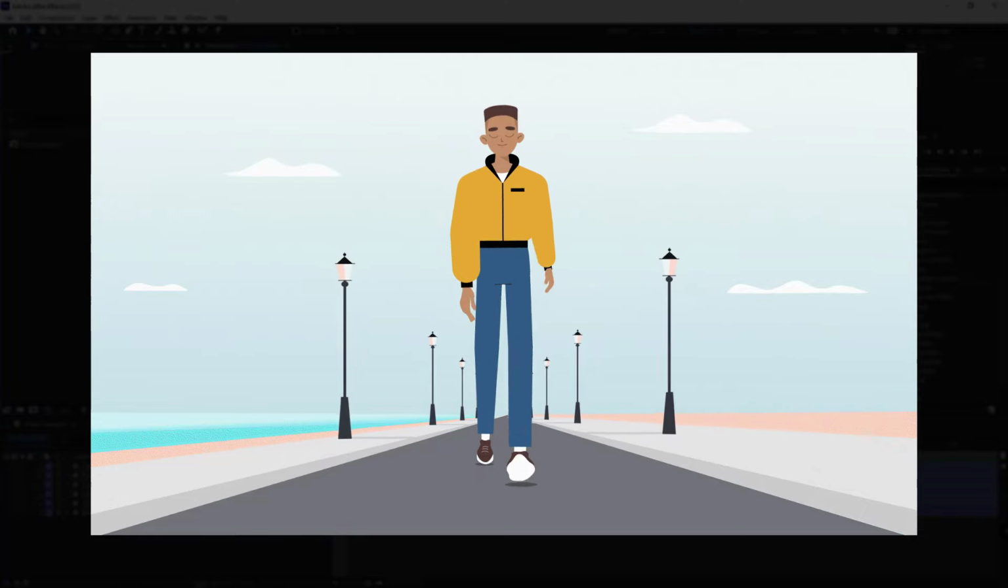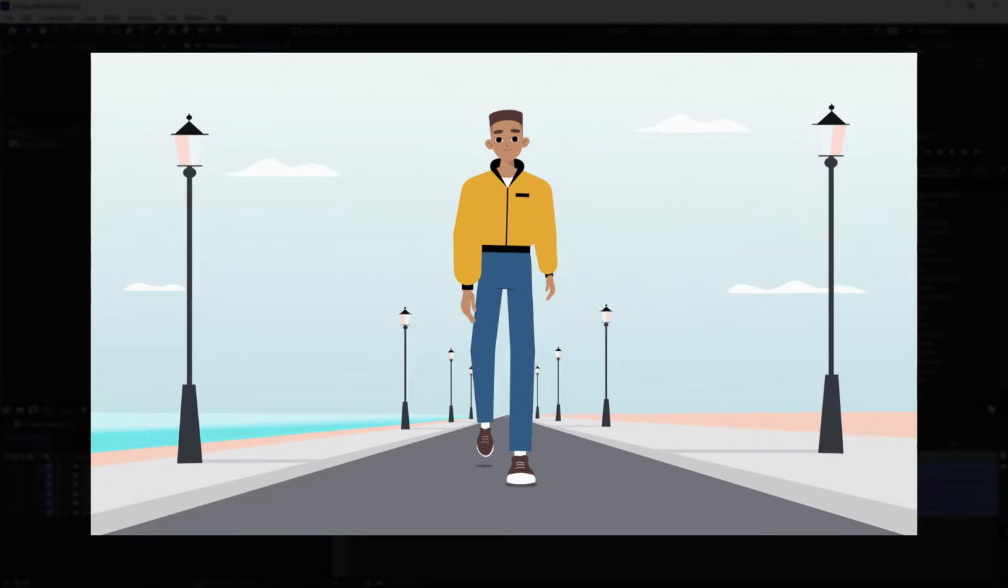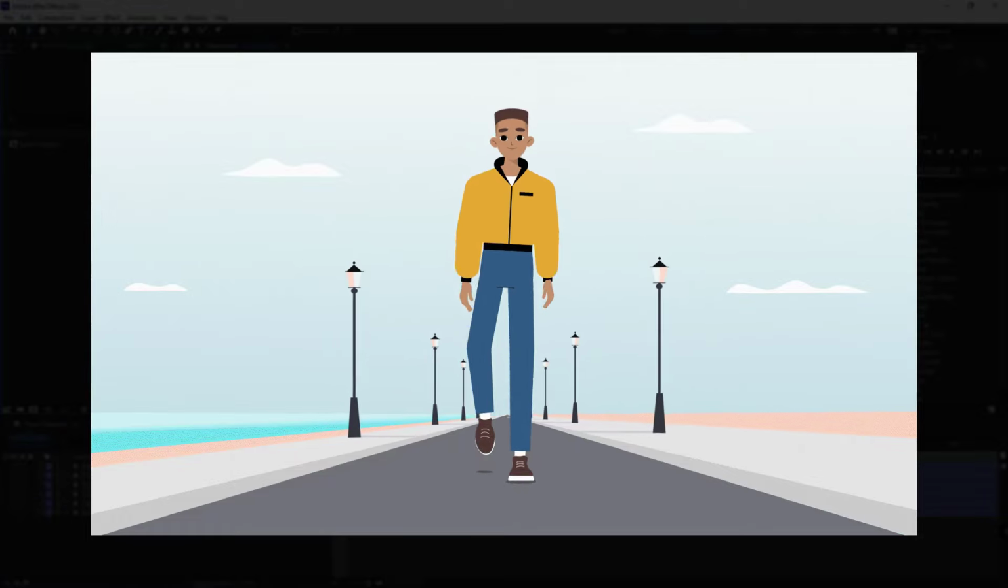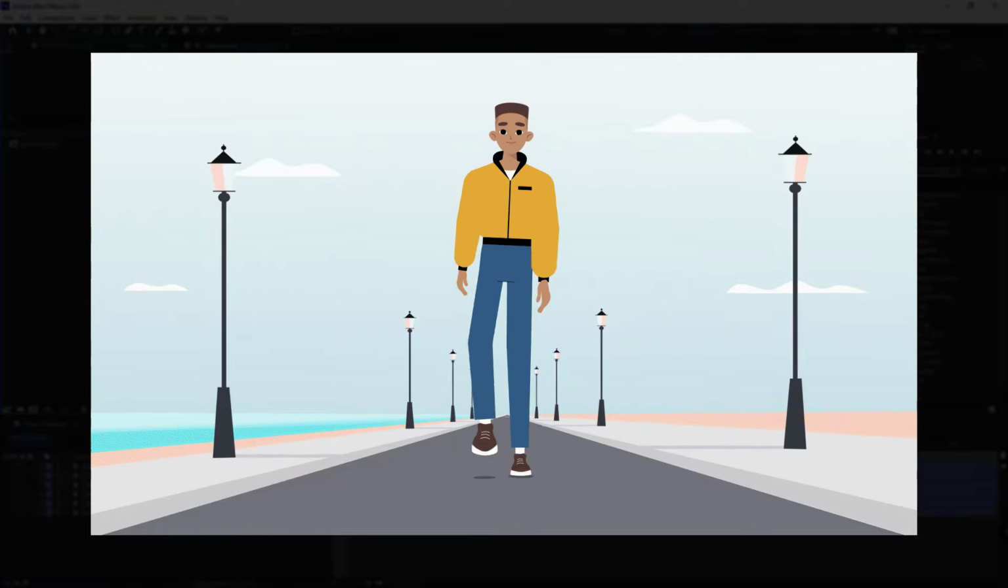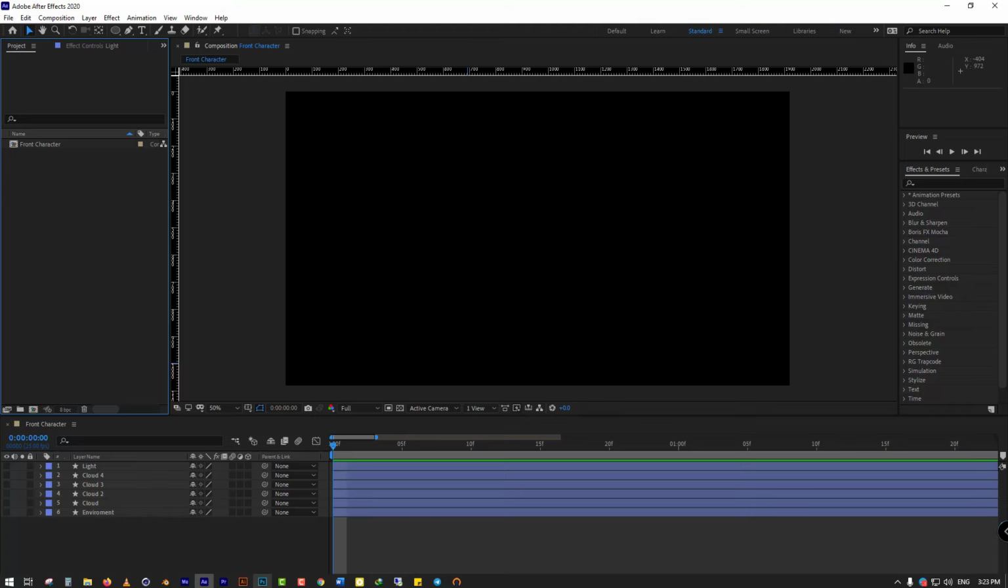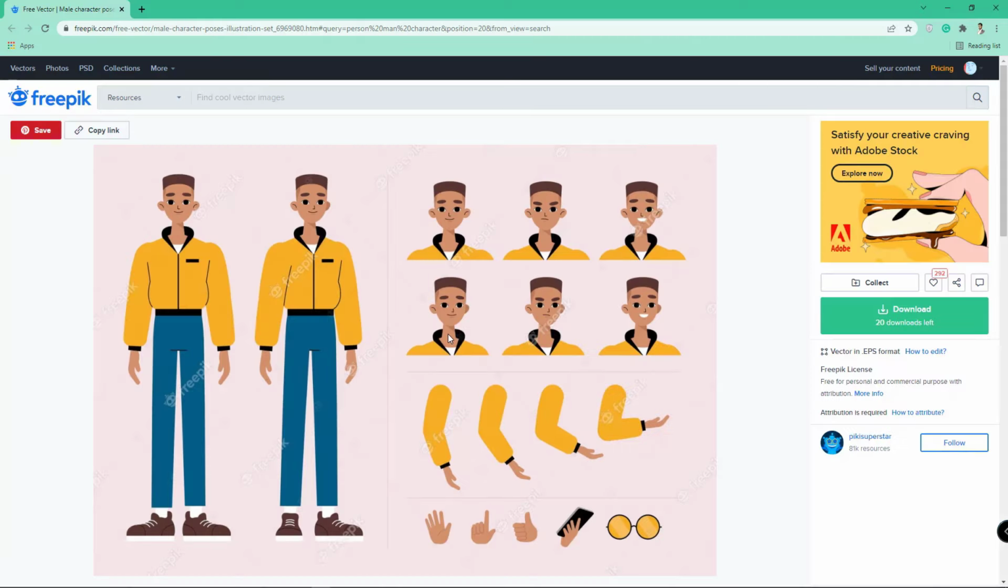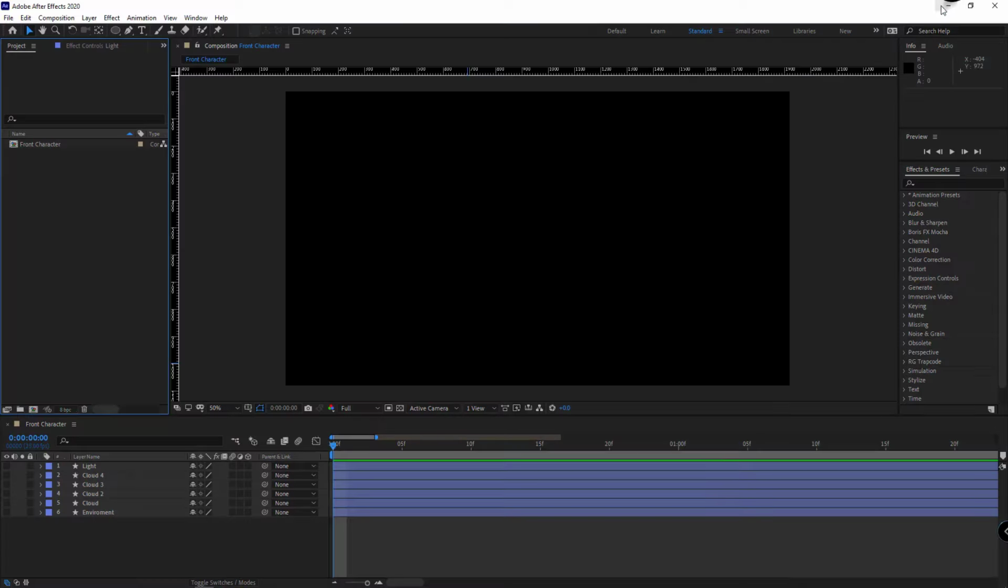Hello everyone, today I'm going to talk about how to create a walk cycle animation from the front view for any character you want. Well, without further ado, let's bring up the character. The chosen character in this video was obtained from FreePic, and as it's clear, you can download this file for